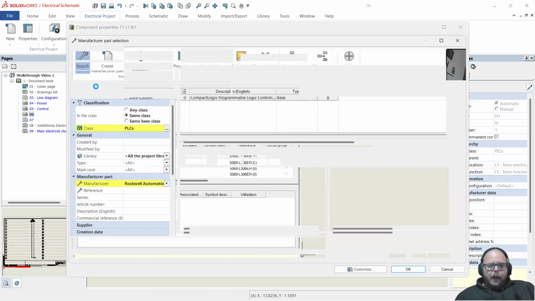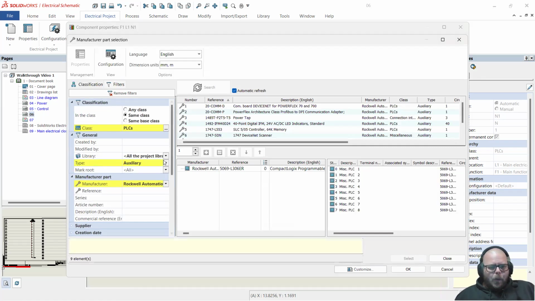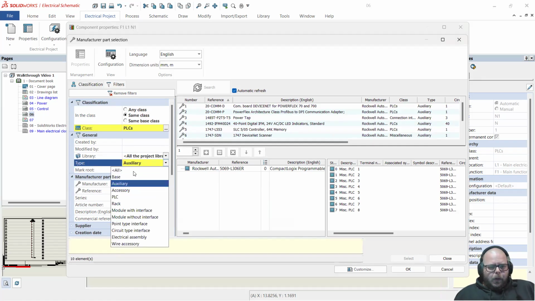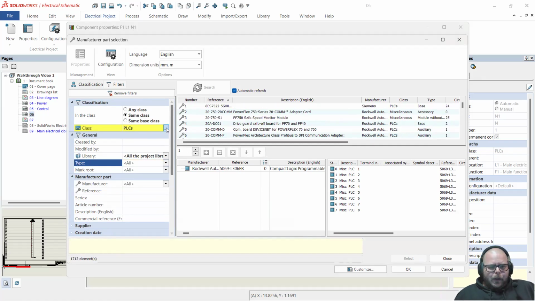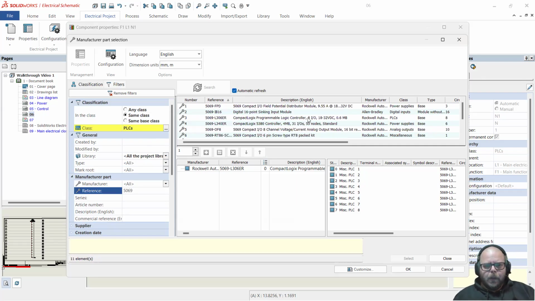So I looked; they are in here. I don't remember what category, even manufacturer, because they bounce back and forth between Rockwell and Allen Bradley for very similar components even. And that's backwards. So I'm going to manufacturer, all types. I'm not even sure I want to be in this class, but I'm going to search for a reference of 5069, and in here somewhere, right there,